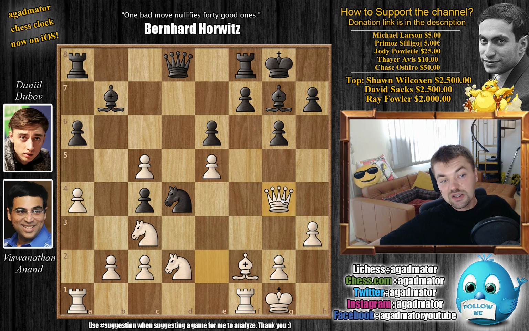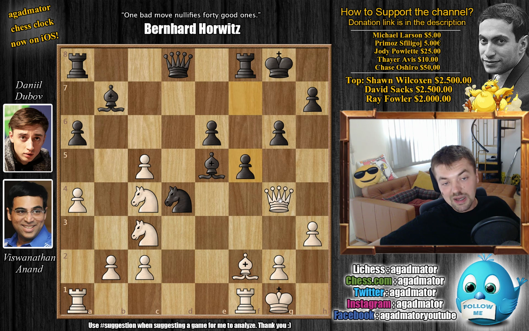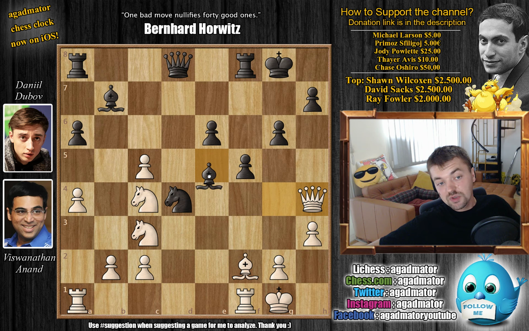Anand chooses queen to g4, and now Dubov regains material with bishop captures on e5. We have knight captures on c4, grabbing another pawn, now attacking the bishop, and first we have f5, kicking the queen back, queen to h4, now offering a queen trade, but Dubov takes, the idea that his bishop is under attack, and he doesn't want to trade queens into one idea, and that is bishop to f6, just pushing the